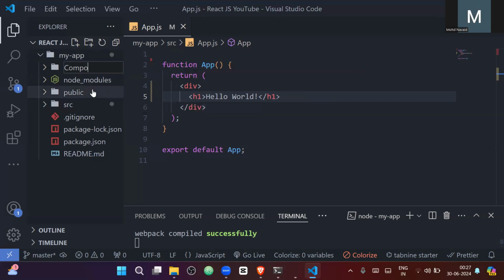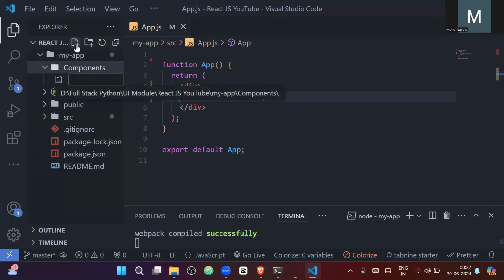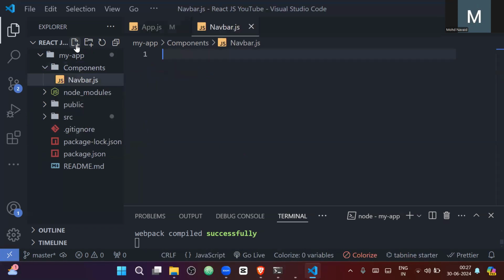The folder name is components, and here we will create Navbar. Remember one thing: whenever you are writing code for a component in React.js, always use a capital letter. The first letter should be capital. So I am writing here Navbar.js, right? So here I will write,